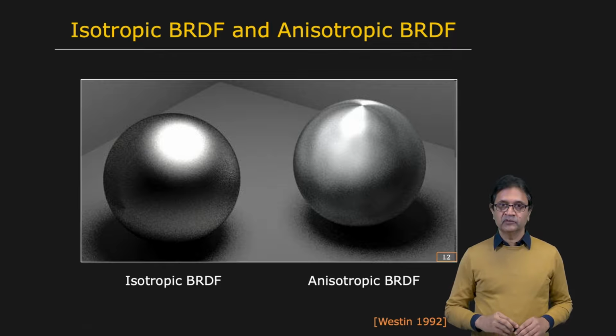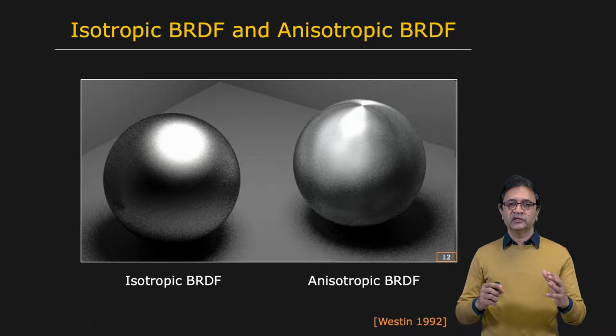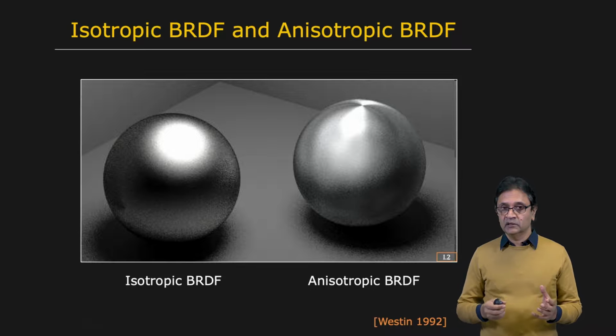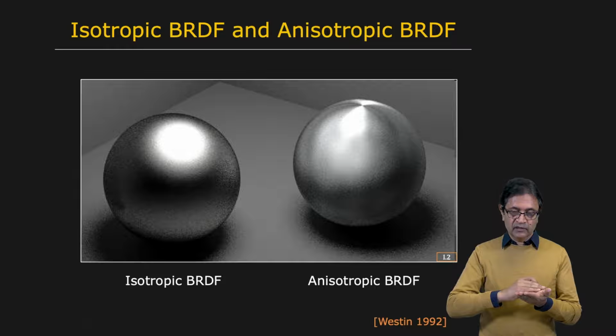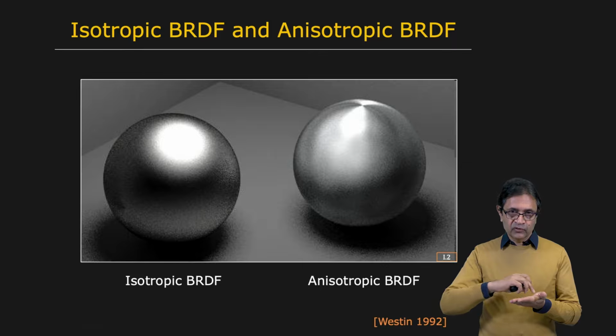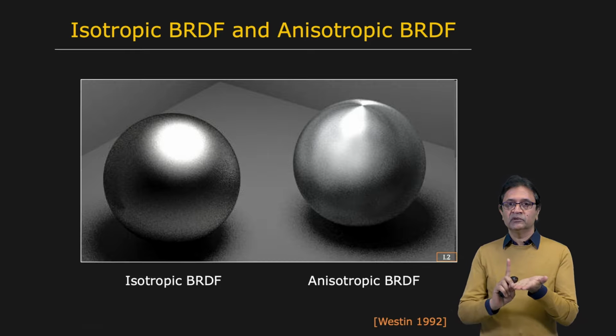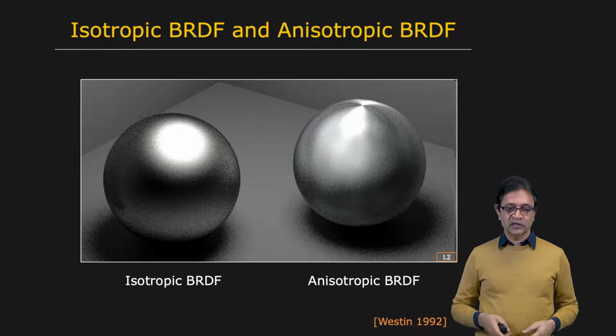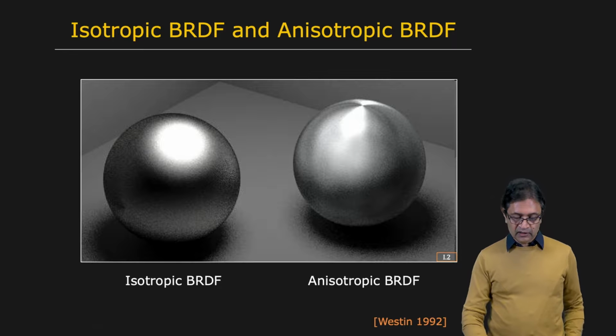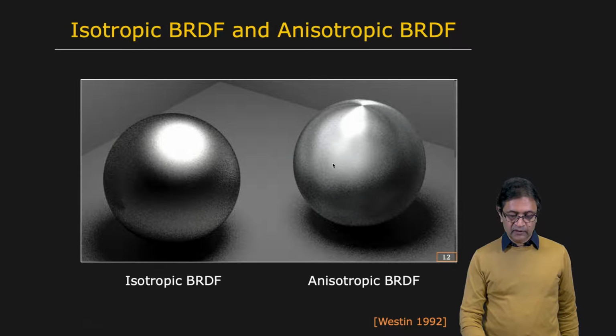The reason this happens is because when you have surfaces that are especially machined, say you have a surface that is sandpapered in one direction, you're going to leave grooves on it which are directional. The grooves are not equally distributed in all directions. There's going to be a preferential direction. In that case, when you rotate the surface around its surface normal, you're going to see that its appearance actually changes, the brightness actually changes. That's what you're seeing in this particular case.